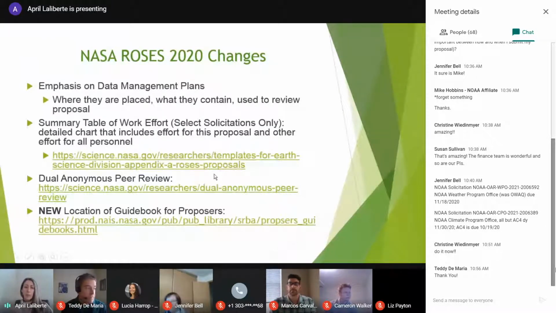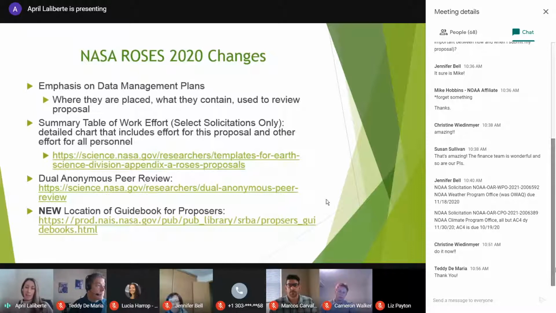The dual anonymous peer review, they want to make it public that they are trying to do double blind reviews of the proposals to give new scientists more of a chance to look at the science and not at the scientist.